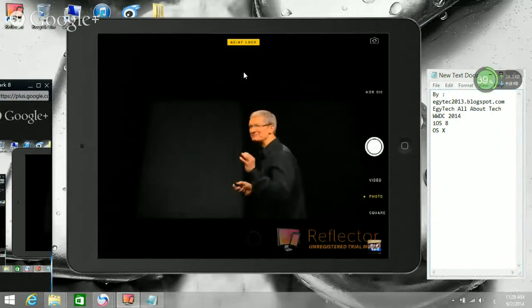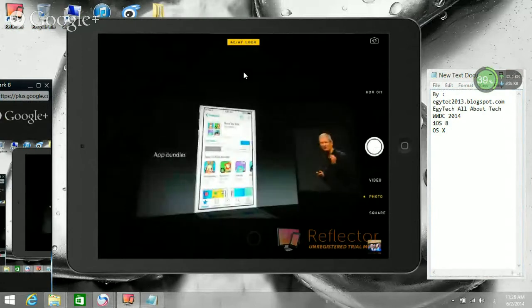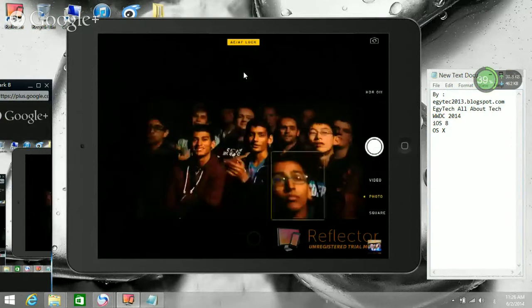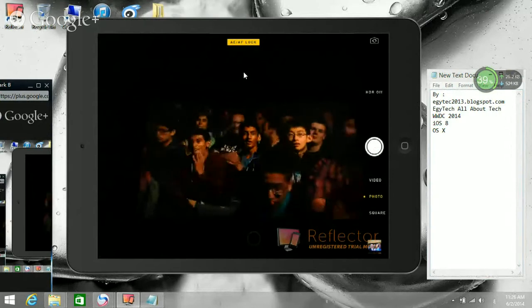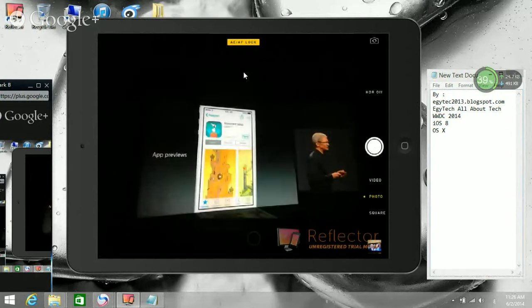So users can buy multiple apps at a discounted price with just one tap. Also, we're introducing app previews. So developers can make short videos of some great features, and the users can make certain it's an app that